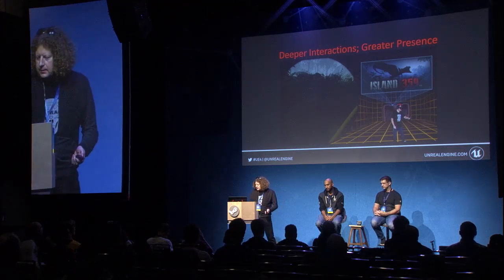Then when we made Island 359, we wanted to go for deeper interactions. We wanted you to be able to move throughout the world, so we added a movement mechanic. We wanted you to be able to engage with the environment in a similar fashion to Job Simulator: open all the things and pick the things up and attach them, and do what VR does best, be very handsy and work with your hands on things.